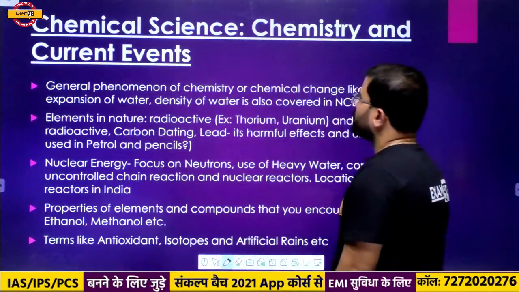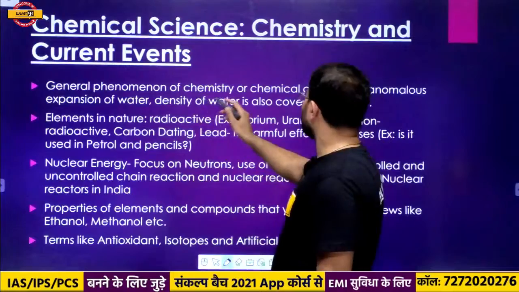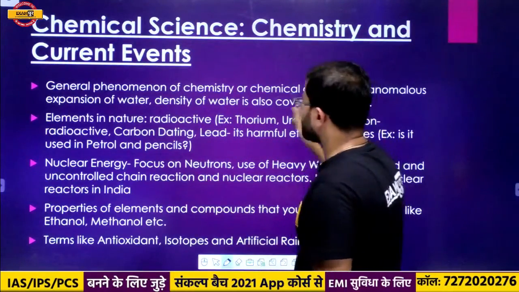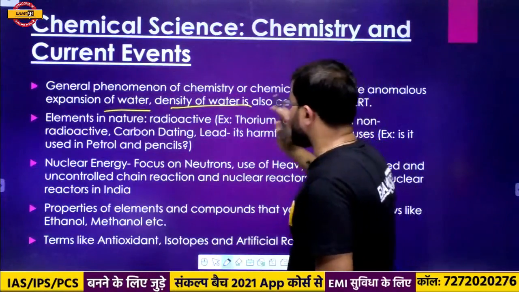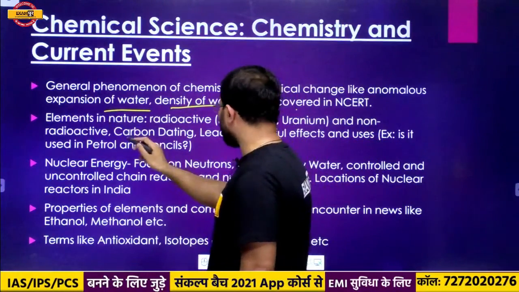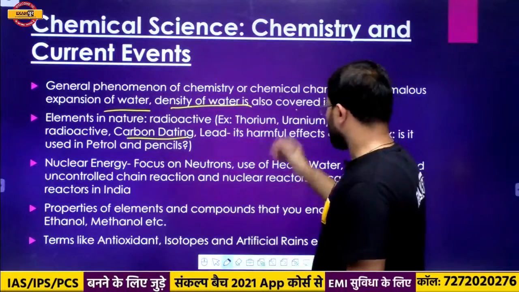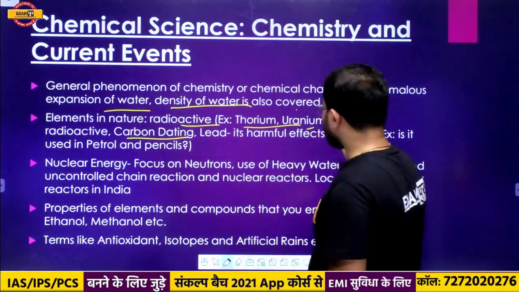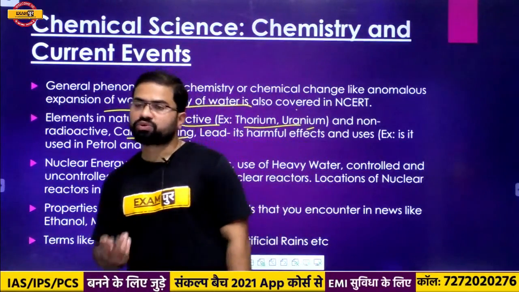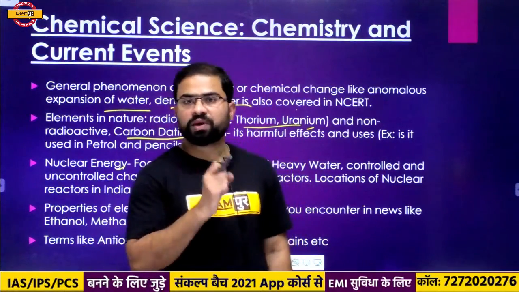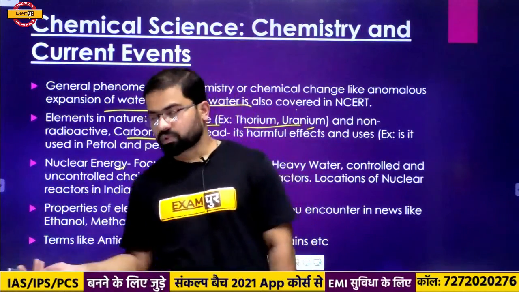ठीक है, जनरल फेनोमेना ऑफ केमिस्ट्री और द केमिकल चेंज लाइक एक्सपेंशन ऑफ वाटर, डेंसिटी ऑफ वाटर इज़ ऑल्सो. ओके, ये हो गया. जैसे कार्बन डेटिंग प्रोसेस पढ़ना होगा हमें, रेडियो एक्टिव मटेरियल्स, थोरियम, यूरेनियम, न्यूक्लियर एनर्जी पढ़ना पड़ेगा. न्यूक्लियर एनर्जी क्या है, कौन कौन से हम लोग रेडियो एक्टिव मटेरियल्स यूज़ कर सकते हैं टू द फॉर्मेशन ऑफ न्यूक्लियर एनर्जी. व्हाट इज़ द पर्पस ऑफ हैवी वाटर, व्हाट इज़ द पर्पस ऑफ आवर